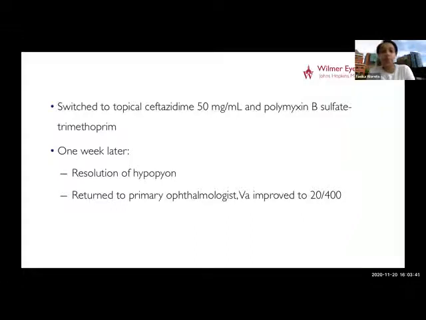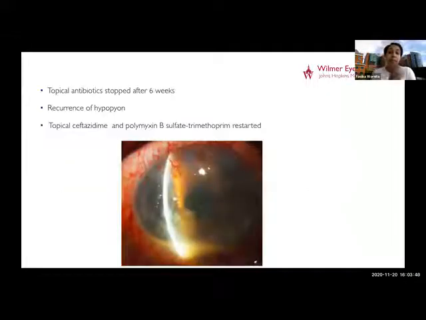He was from about 2 hours away, so he returned to his regular ophthalmologist. His vision did improve to 20/400, still much decreased from the baseline. And then the ophthalmologist stopped the topical antibiotics after a 6-week treatment course. And then he was actually referred back to me for recurrence of the hypopyon. And you can see what he looked like. And so I did restart the treatment, and